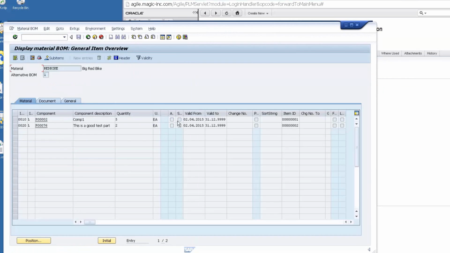And we do see that the bill of material synced to the other side using the components that we said. So we have the quantities, the unit of measure, the component items, and of course it was hard-coded as an alternate BOM1. So Magic XPI synced this over on the release of the item from Agile, and in doing so, it's transparent